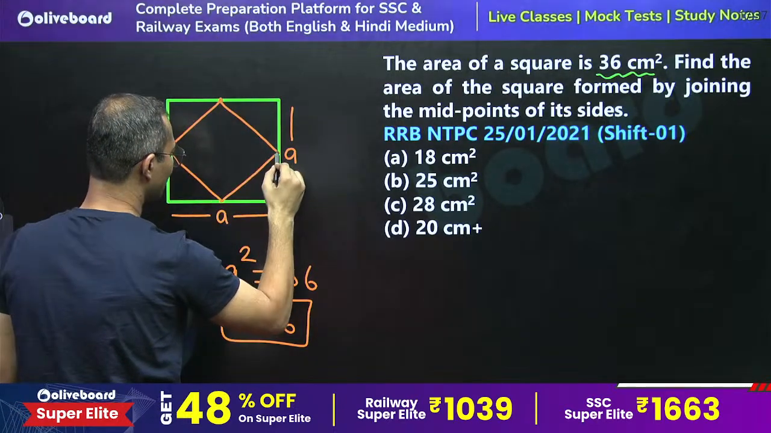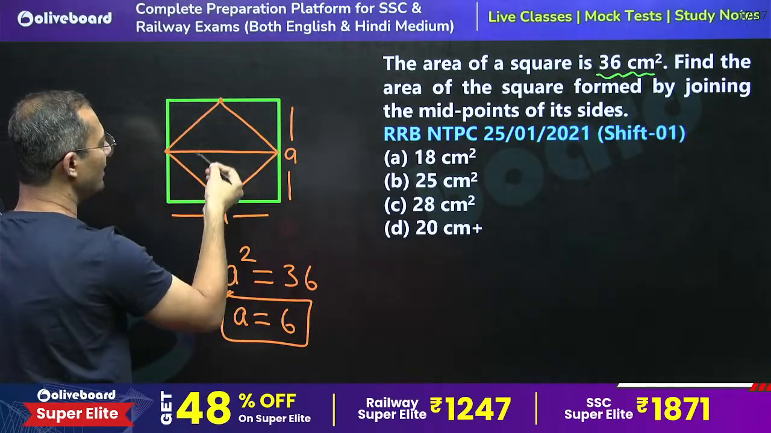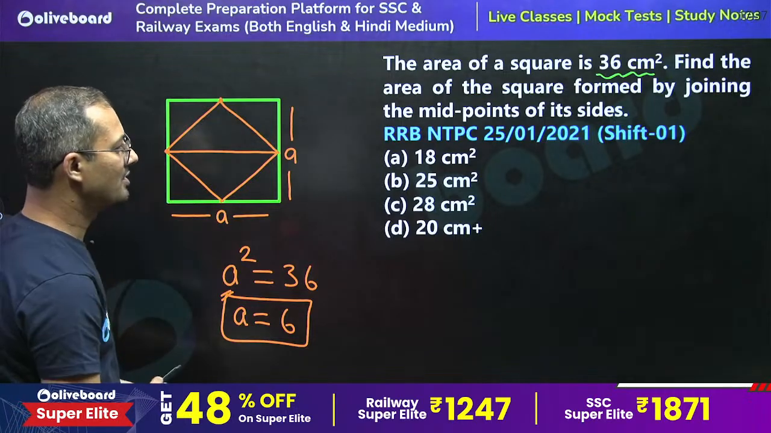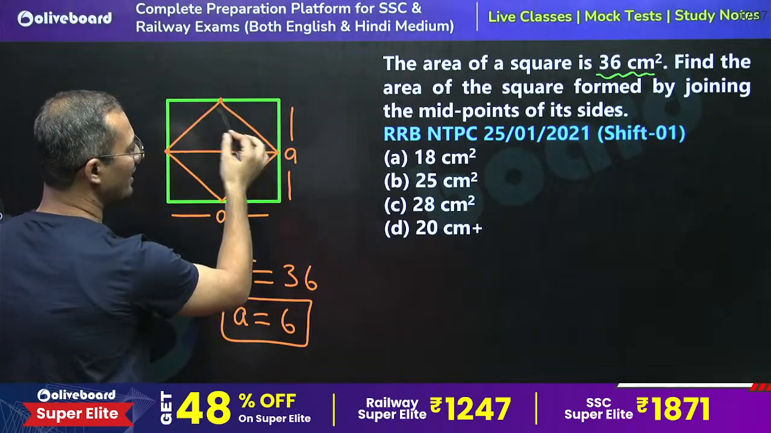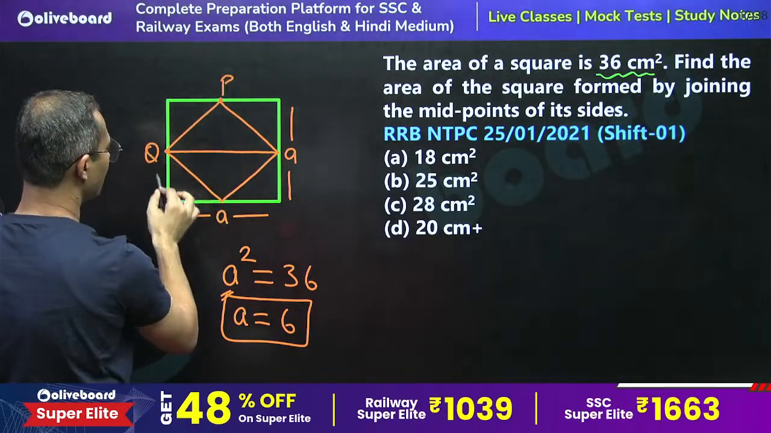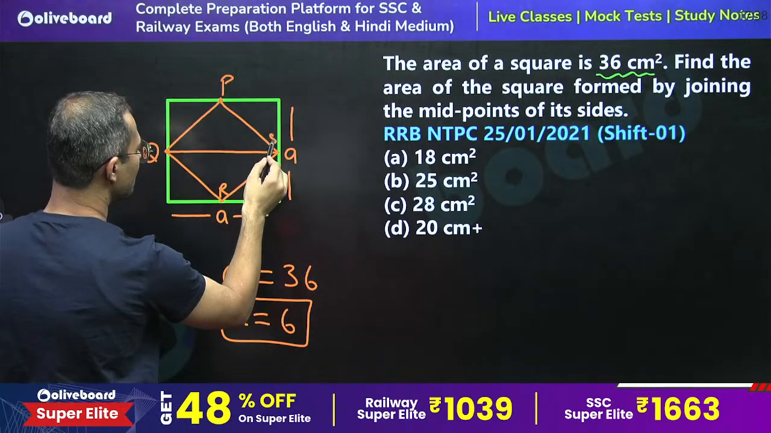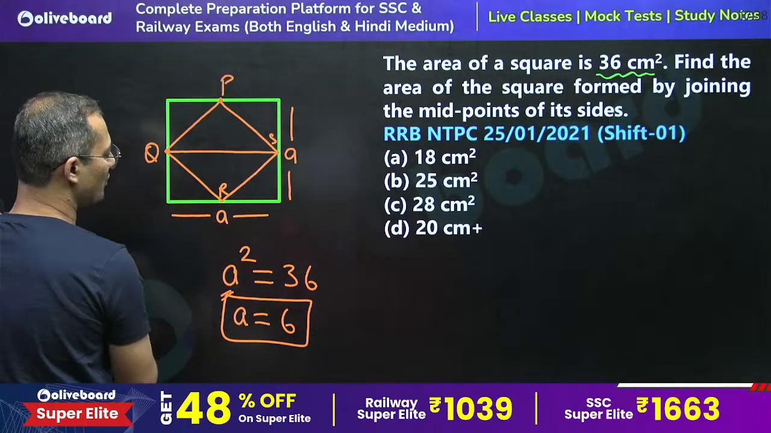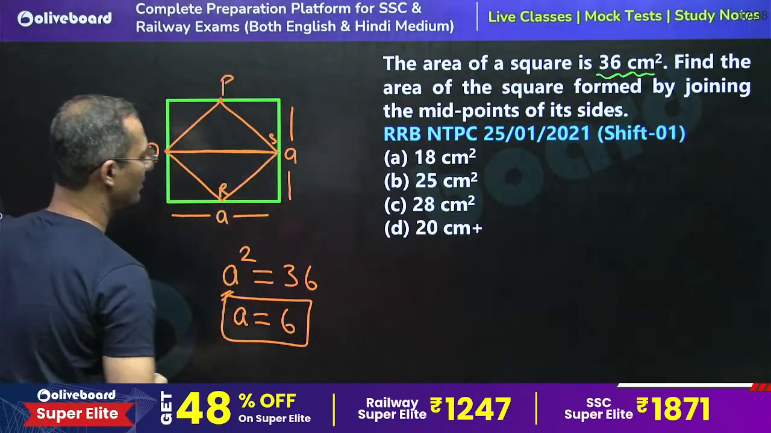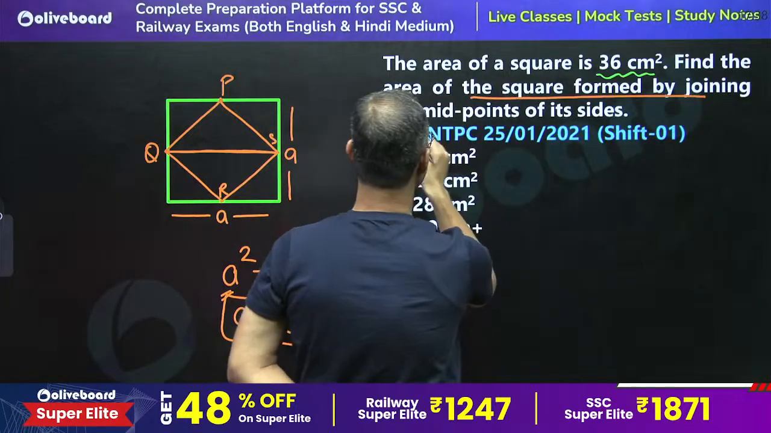The side of the original square is the diagonal of the square which we obtain after joining the midpoints, right? So whatever square we are getting after joining the midpoints, PQRS, these are the midpoints, right? So after joining the midpoints, we get a square. So the diagonal of the new square formed by joining the midpoints